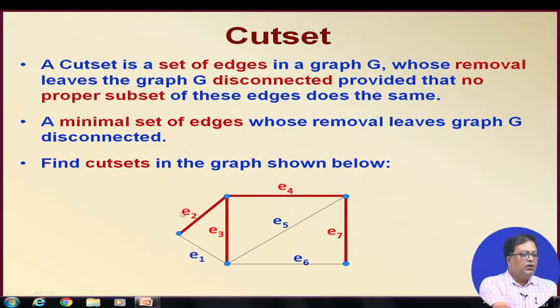What about E1, E2? Is it a cut set? Answer is yes, it is a cut set. Can you think of something like E1, E3, E4? Look, if you draw these E1, E3, E4, it separates the graph into two parts, these two vertices on one side, these three on the other side. What about E4, E5, E6 or E4, E5, E7? What about E6 and E7? You see, like that you can find so many different cut sets, and you can look here, some of them